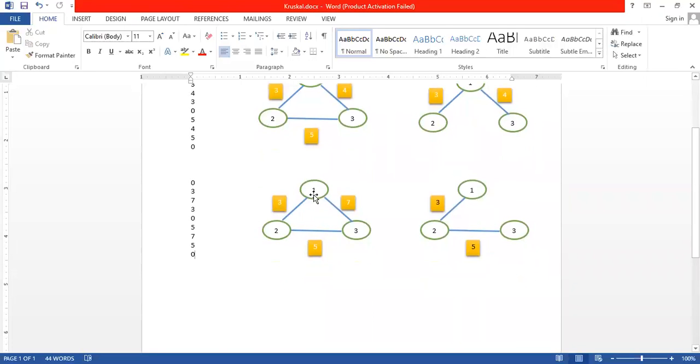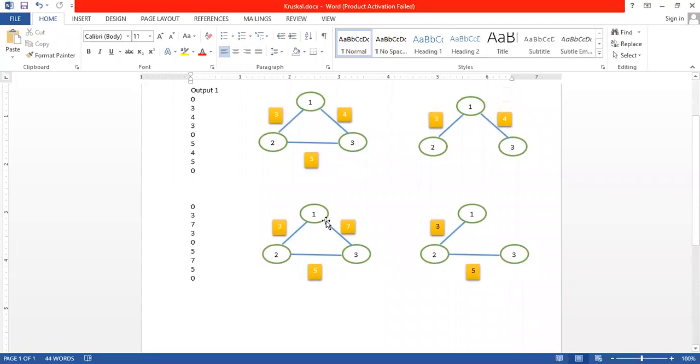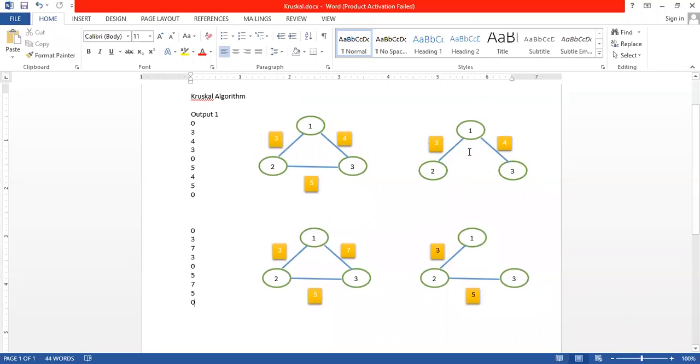Here is one more graph where I have made one small change. The edge cost from 1 to 3 I have made 7. All the other things remain the same, but the edge cost between 1 and 3 is now 7. So now the minimum spanning tree looks like this. When I change the value from 4 to 7, the minimum spanning tree also changes. So our idea is to generate the minimum spanning tree where the sum of the edge costs is minimum and the number of edges is equal to the number of vertices minus 1.